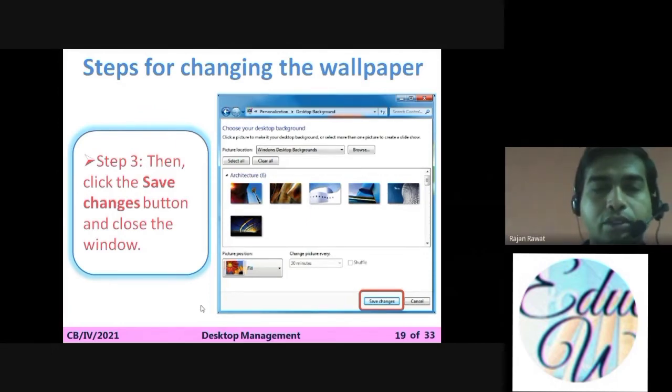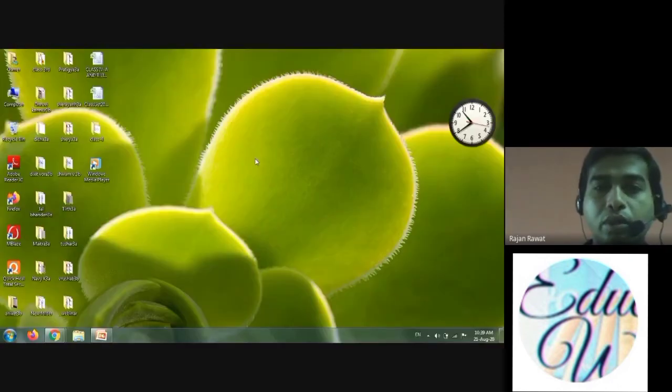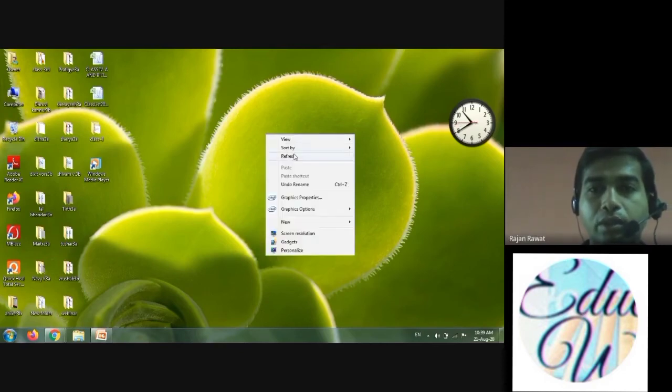So now students, we will do practically the same thing, changing of wallpaper. I hope you have understood what is wallpaper. Wallpaper is the picture that you place on your desktop. Now we will do it practically. Whatever we have gone through in the PPT, the same steps we have to follow over here. First of all, right click of the mouse on the desktop. You will get one box like this.